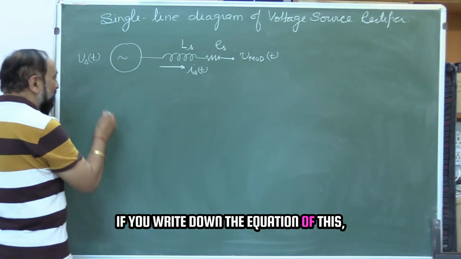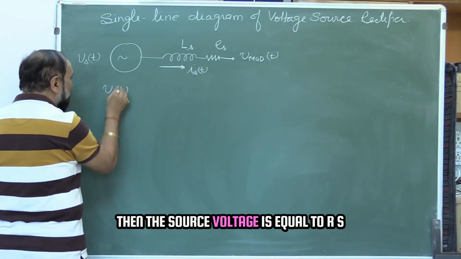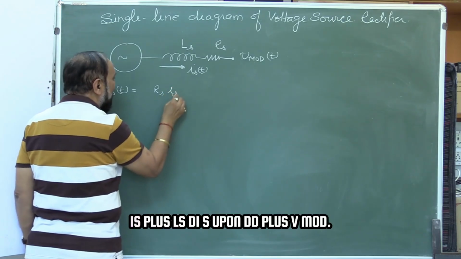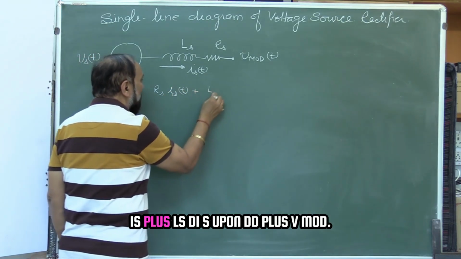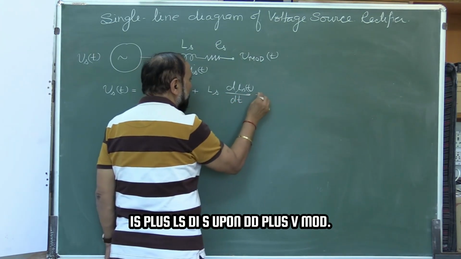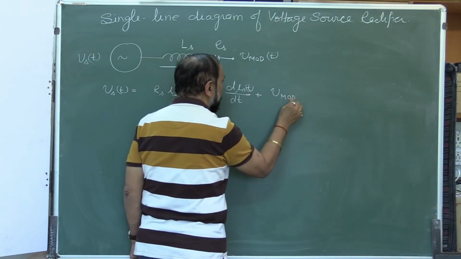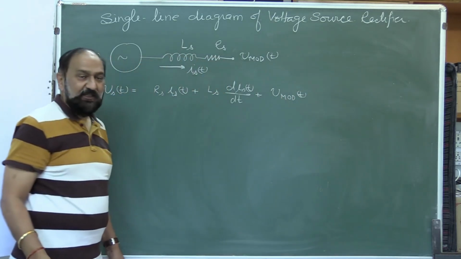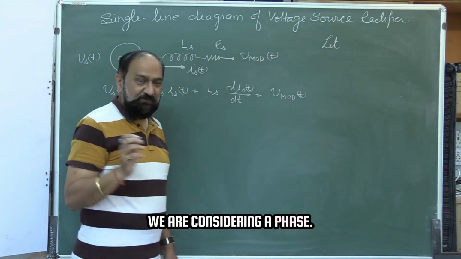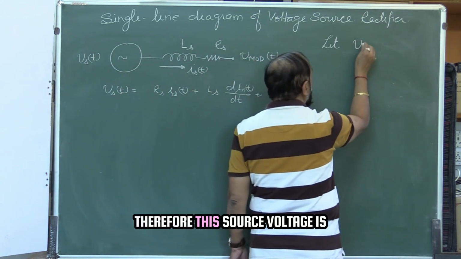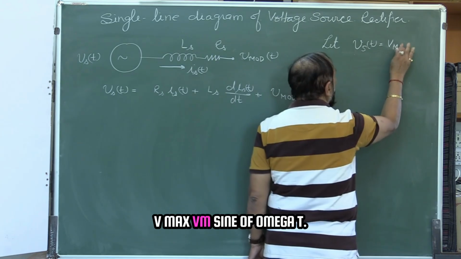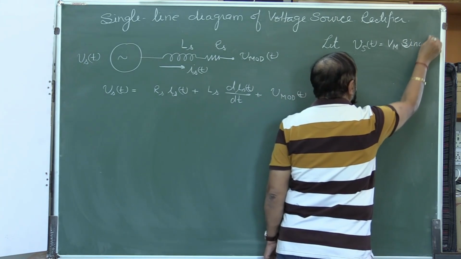If you write down the equation of this, then the source voltage is equal to Rs Is plus Ls dIs upon dt plus V mod. Let us say we are considering A phase, and therefore this source voltage is V max, Vm sine of omega t,